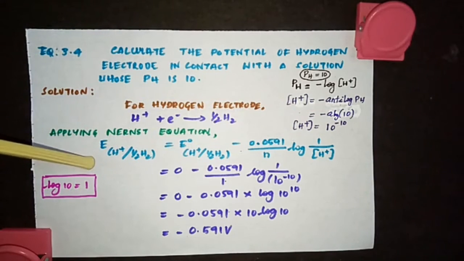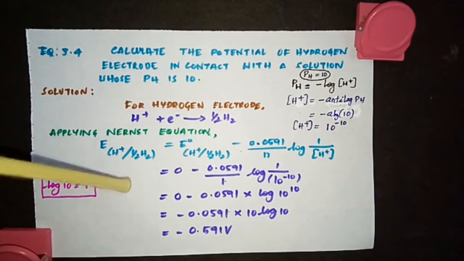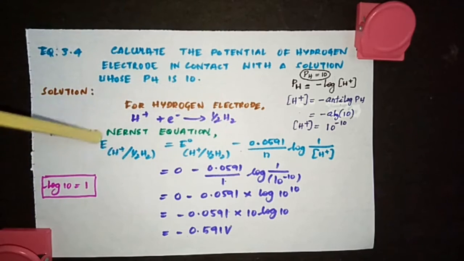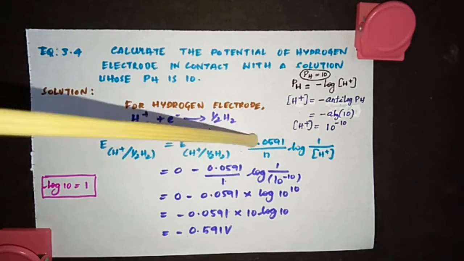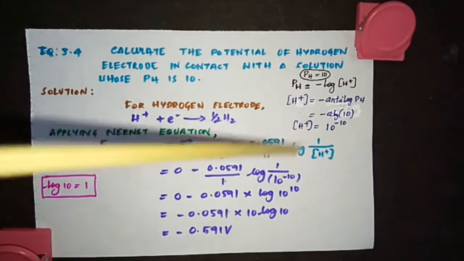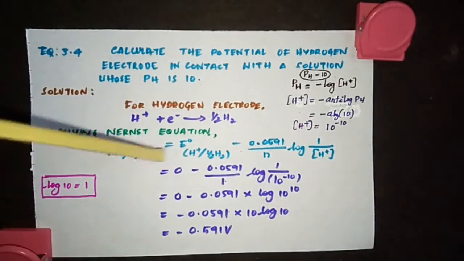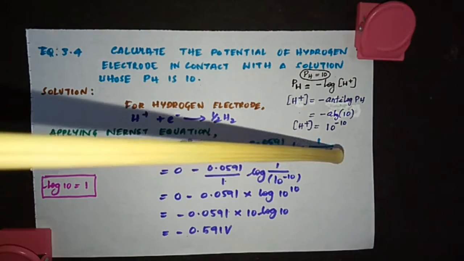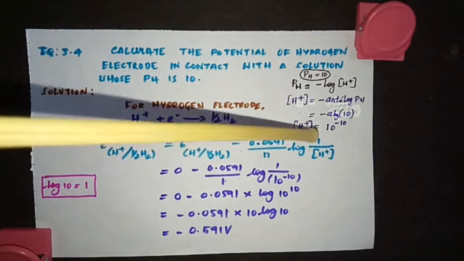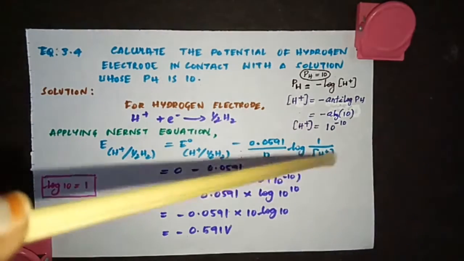So applying the Nernst equation, E cell is equal to H+ / half H2. See, H+ is reduced to H2, so represent it that way, because we are talking about reduction potential. It will be equal to, as we have studied in the Nernst equation, E naught cell minus 0.0591 by n log 1 by H+ ions. Because ions are involved here, we are talking only about the half cell. If it is a complete cell made by combining two half cells, then you use both the concentrations. But here we are talking only about the half cell. So you are writing 1 by concentration of H+.